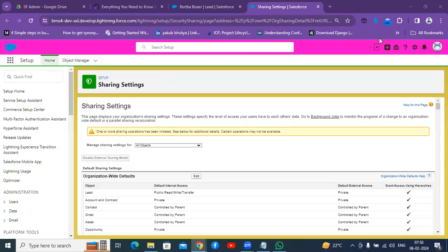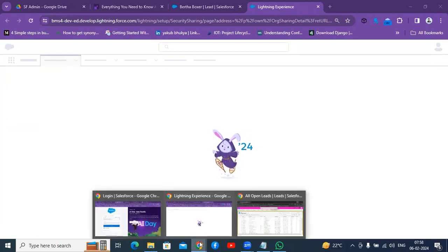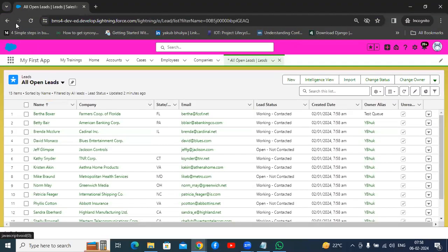So now what we did is make that object's OWD private. And coming to the queues also, we provided access for cases and leads only, right? Isn't it? Yes. Now I'll go to this and refresh the page.